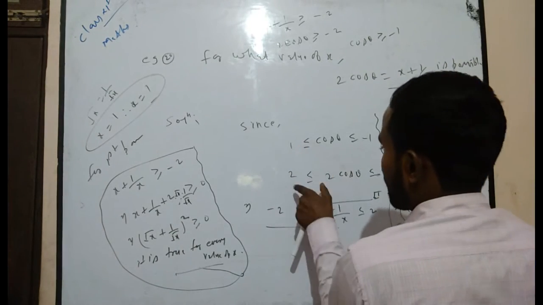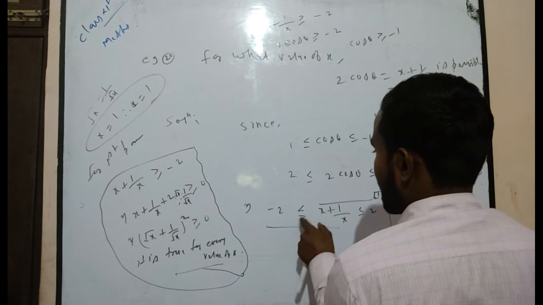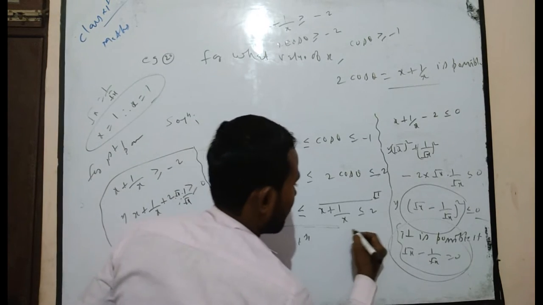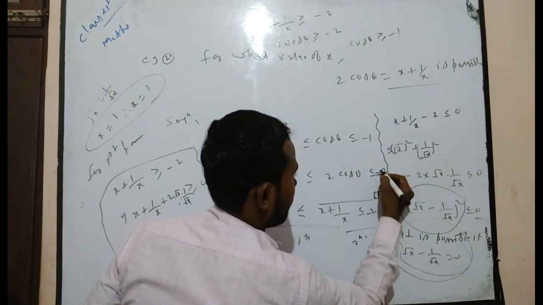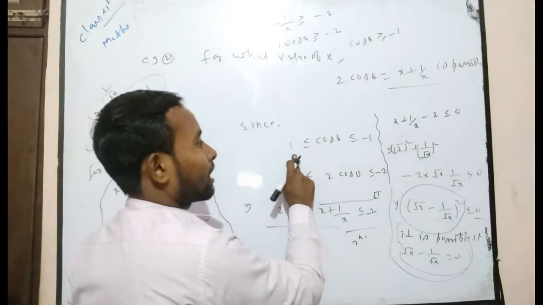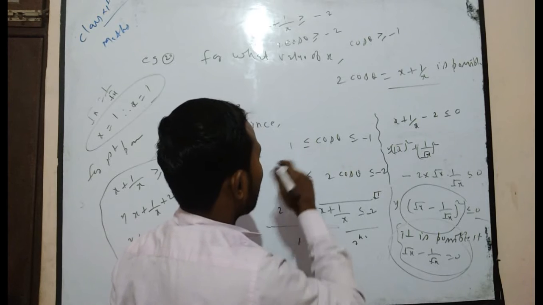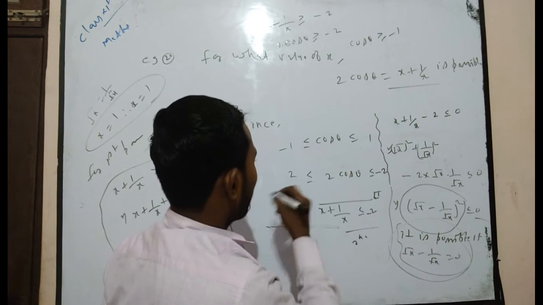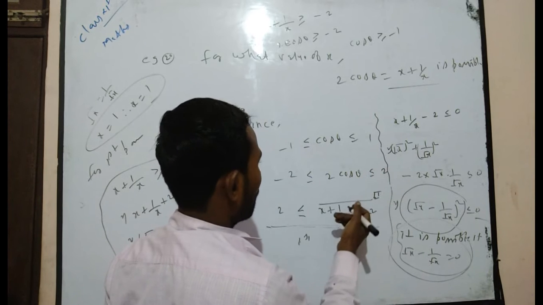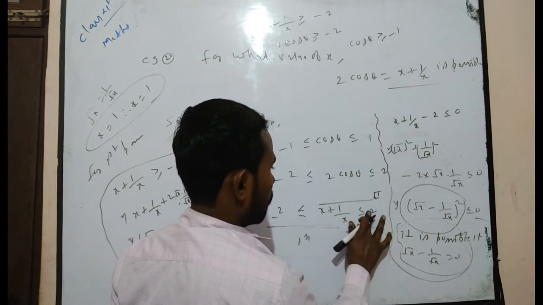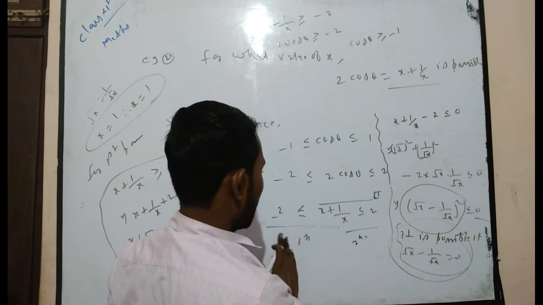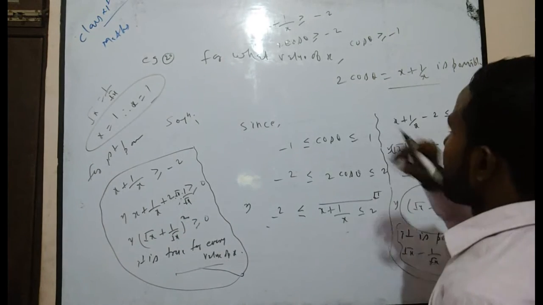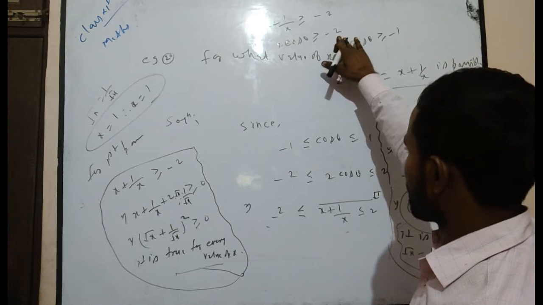As you know that you have to write firstly this part, then you can write x plus, you have to remove it. Suppose this is the first part and this is the second part, here it is minus 2, because cos theta is greater than or equal to minus 1. What happens here? But less than or equal to 1. It is true. Minus 2, it is true. Now, 2 cos theta is greater than or equal to minus 2.